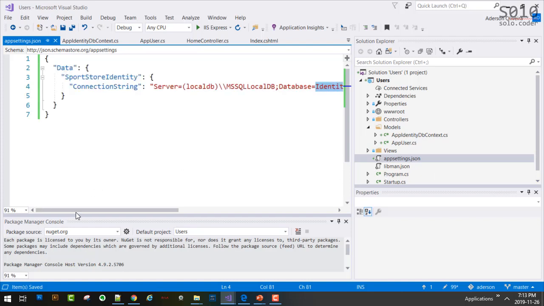You can. As long as you keep this consistent with what you're going to be calling in the startup, you can call this, let's say, identity. As long as you use the same thing in your startup when you are reading the connection string, okay? So with this done, let's go to the